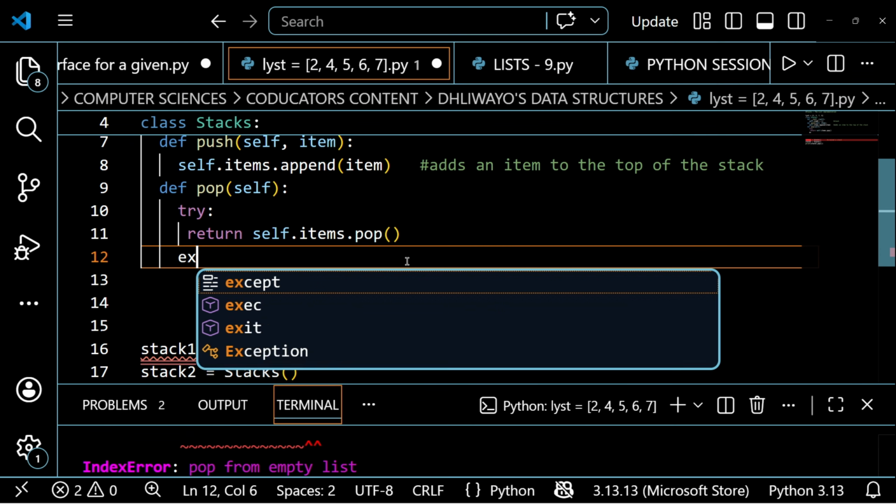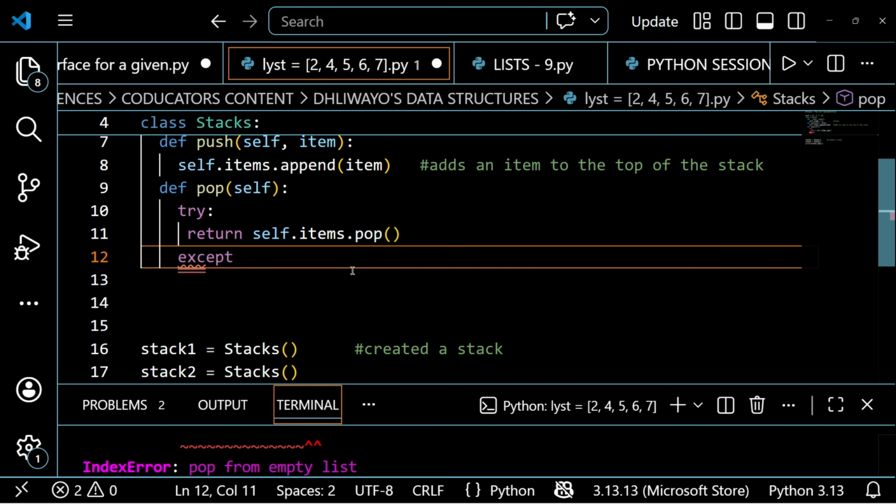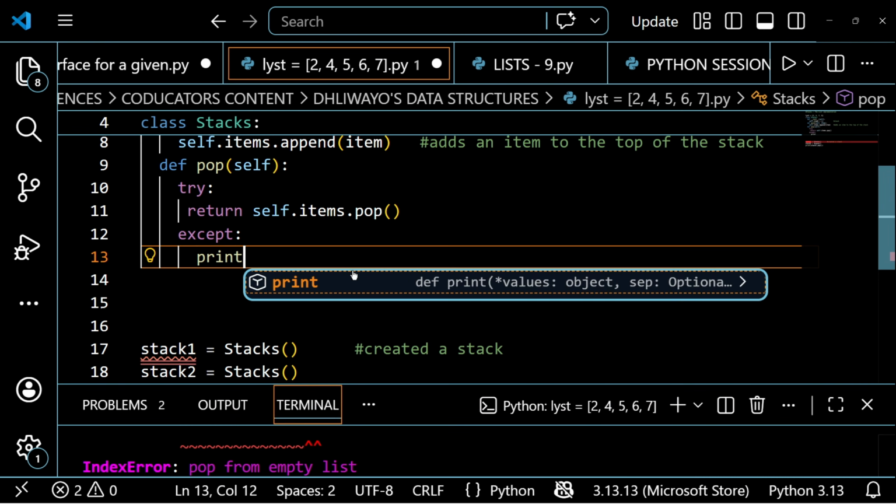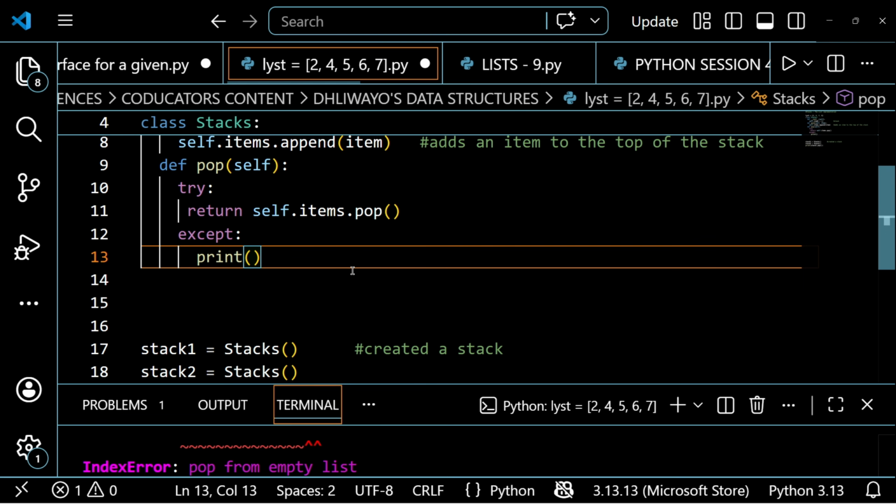So you write an except here, and then you say except: print "cannot pop from an empty stack." So what did we fix here?